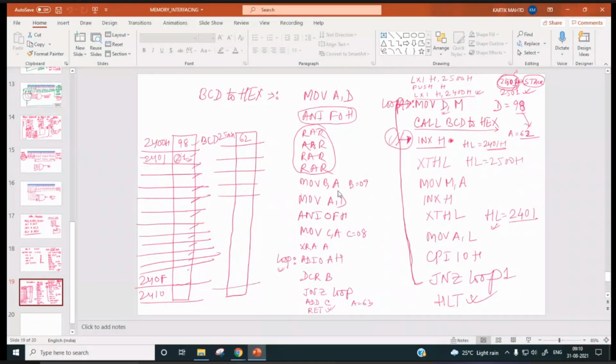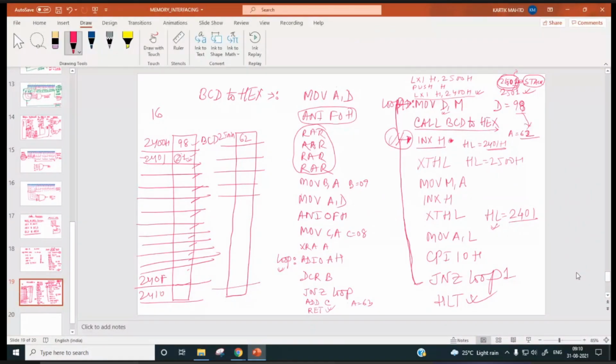Now just opposite to this, for hex to BCD conversion, what are you supposed to do? You have to add 16. How many times? Suppose we have FF somewhere. If you convert this to the corresponding BCD, it should be 255, right?